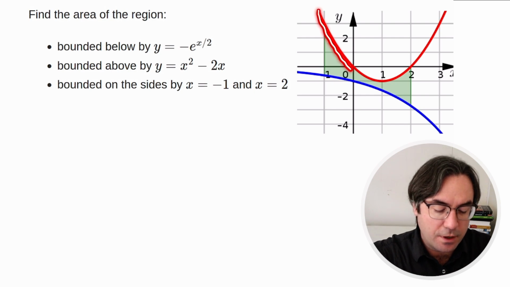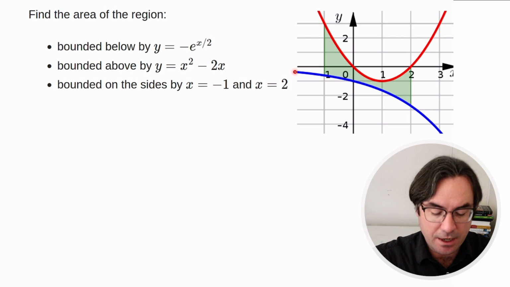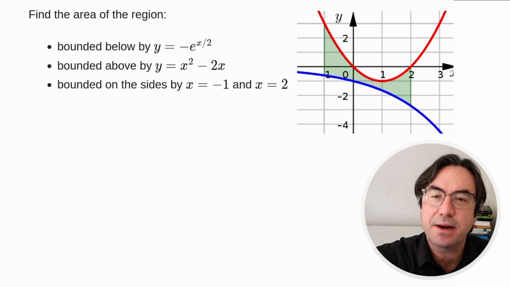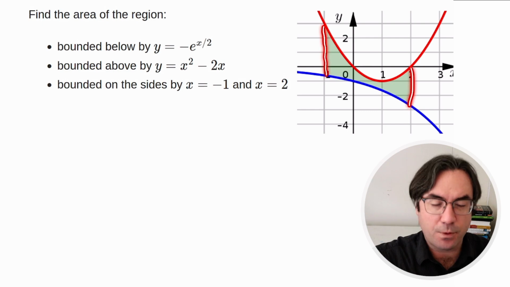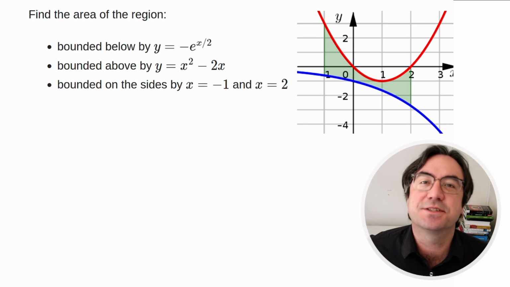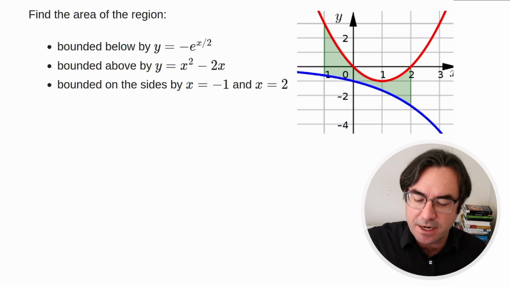Well, we see our parabola is the top function. We see our negative exponential function is the bottom function. And then we've got the left edge and we've got the right edge that give us all four sides of this area, this region. So when we go to set up our integral,